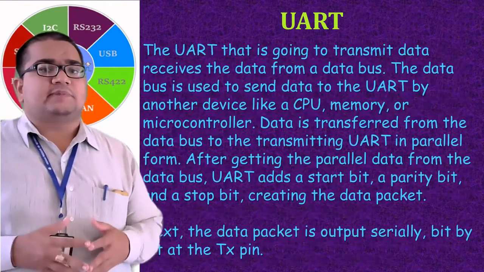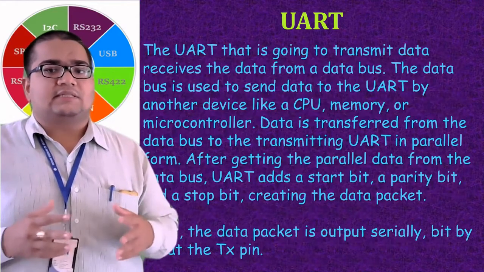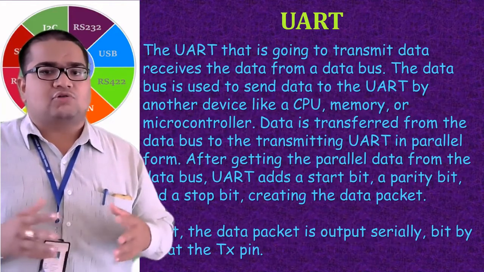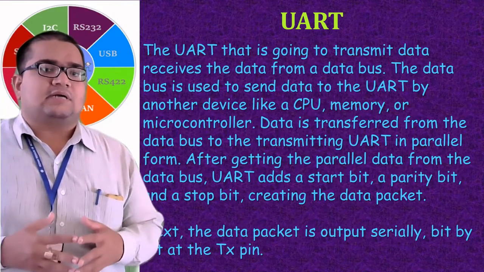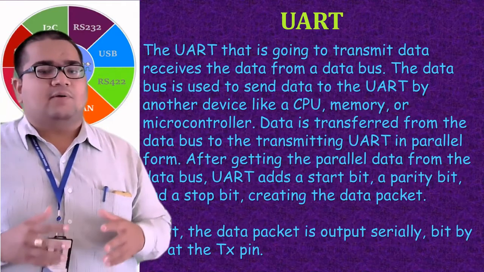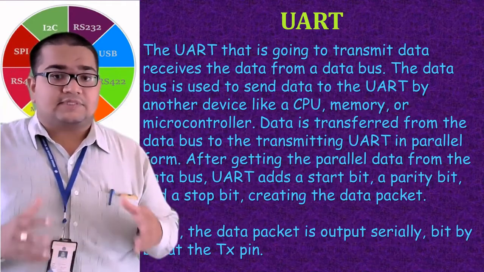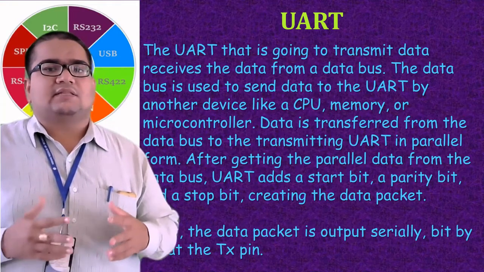The UART that is going to transmit the data receives the data from the data bus. The data bus is used to send the data to the UART by another device like the CPU and memory. Earlier also we have talked about this point. Data is then transferred from the data bus to the transmitting UART in parallel form. The transmitting UART converts that to serial and streams the serial data out from the transmitting terminal TX, and